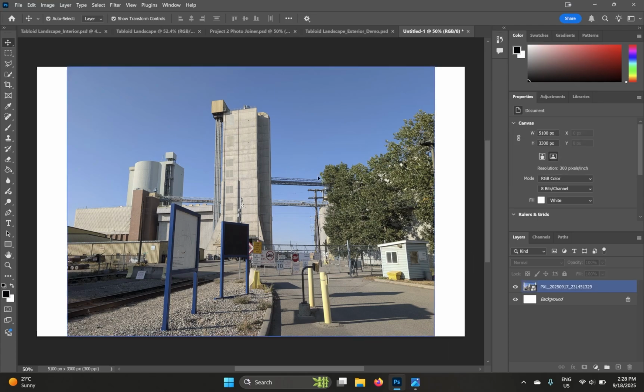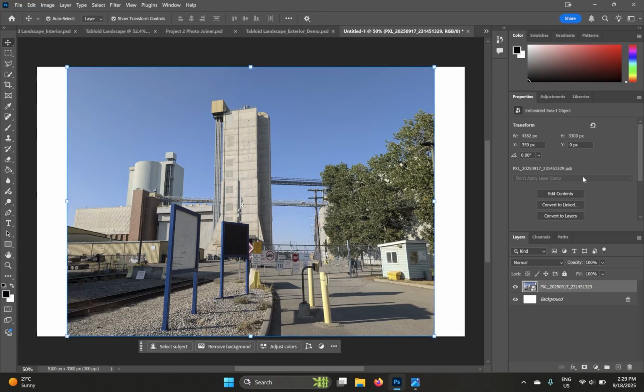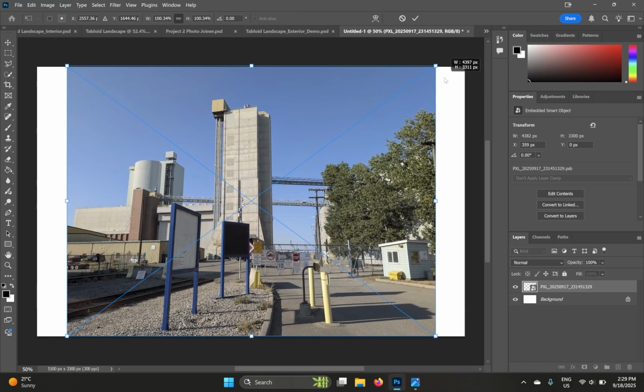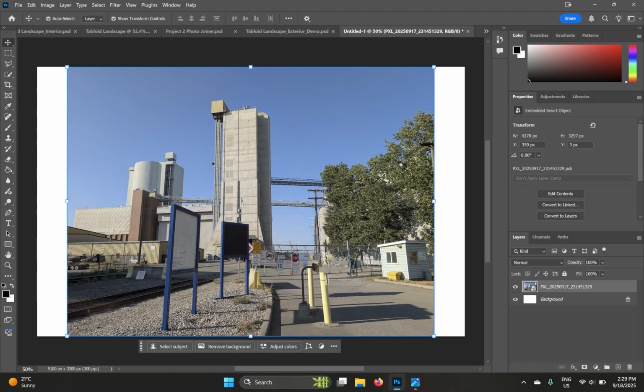and first things first, you want to click on your image, and then you want to convert it to a smart object. What this does is, if you scale the image down or up, it'll preserve that original resolution. So you want to do this step on all your images when you're importing them, just to keep that high resolution, so that when you do scale them and move them around, it'll keep that high res photo file. Okay, so